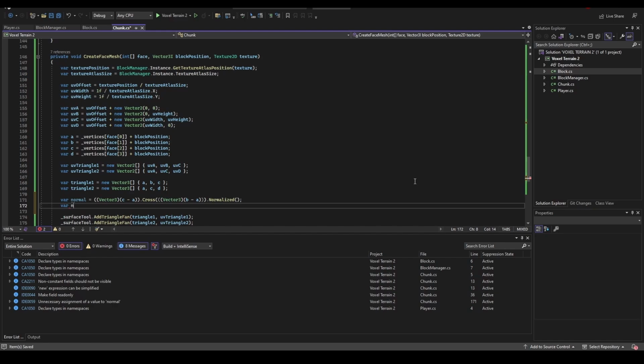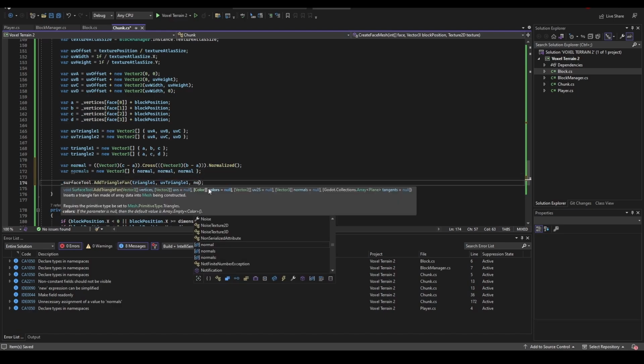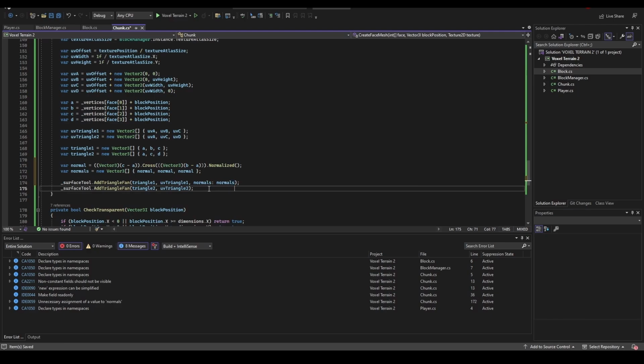Now with those, in much the same way that we did for all the other triangles, we're going to define a list of 3 values. This is essentially the normal vector for each vertex in the triangle. Now, since it's just a flat plane, they all have the exact same normal vector. Now we just add that to our triangles. We can do normals, normals,